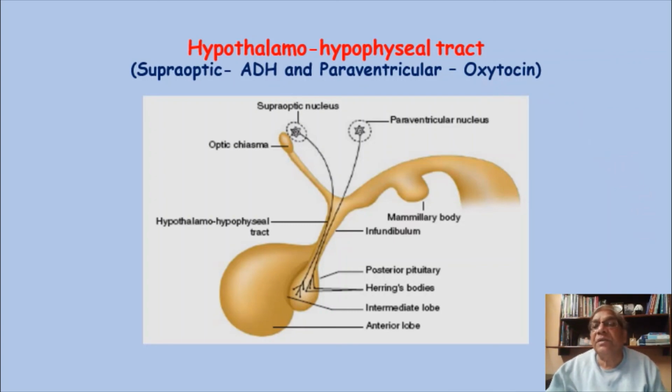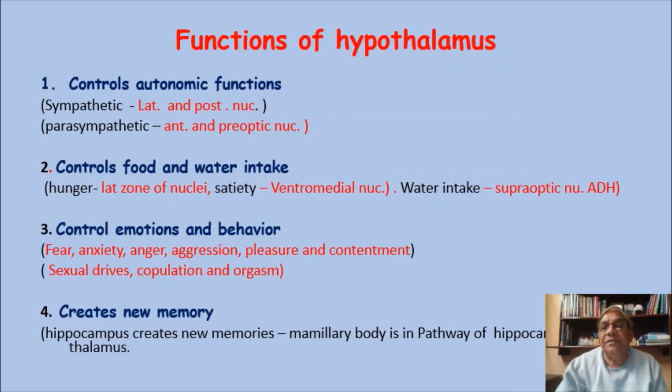Passing to the next slide, the functions of the hypothalamus are summarized. It controls the autonomic function, because it is the head ganglion of the autonomic nervous system. Both the sympathetic and parasympathetic activities are controlled by the hypothalamus. Sympathetic activity is controlled by the lateral nucleus, which is located in the lateral zone, that large nucleus extending from area number 2 to area number 4,